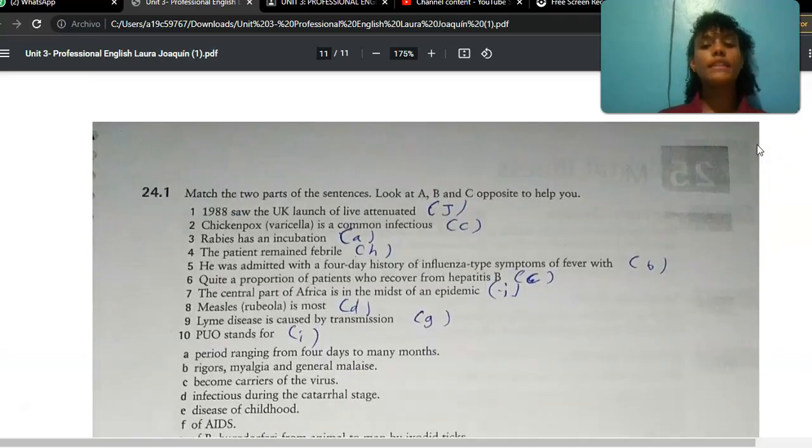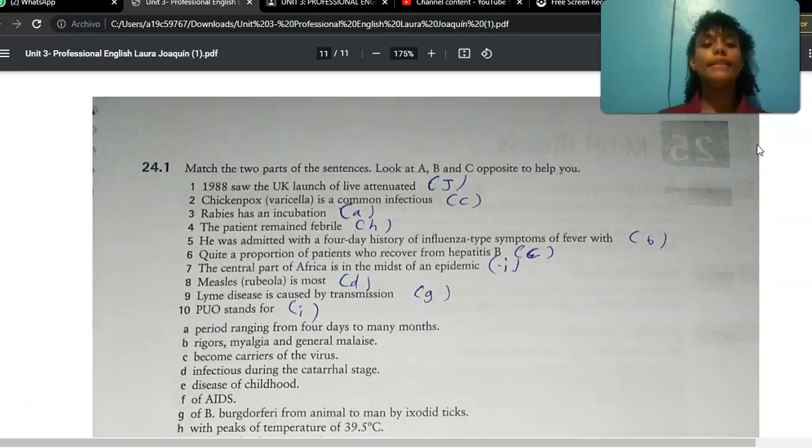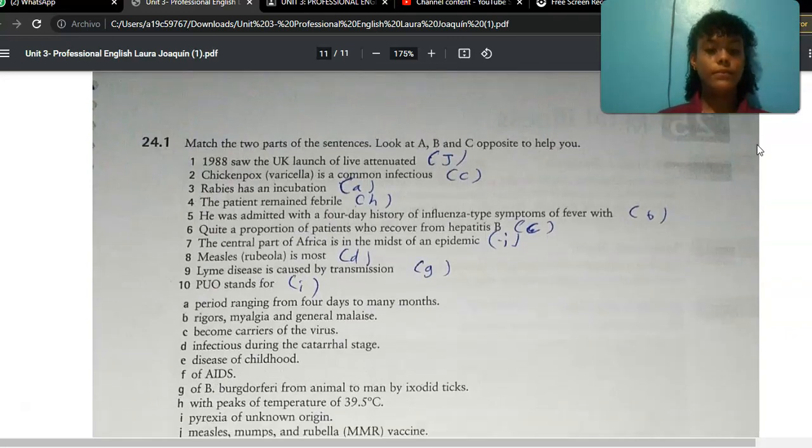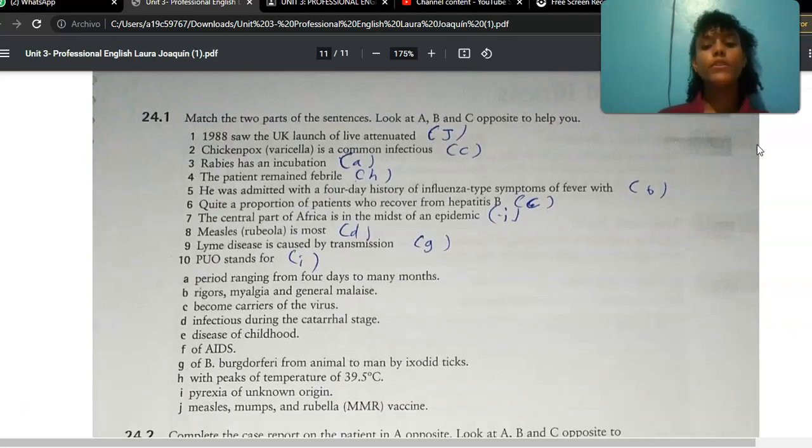Match the two parts of the sentences. Look at A, B, and C opposite to help you. 1988 saw the UK launch of live attenuated measles, mumps, and rubella, MMR vaccine. Chickenpox, varicella, is a common infectious disease. Quite a proportion of patients who recover from hepatitis B become carriers of the virus. Rabies has an incubation period ranging from 4 days to many months. The patient remains